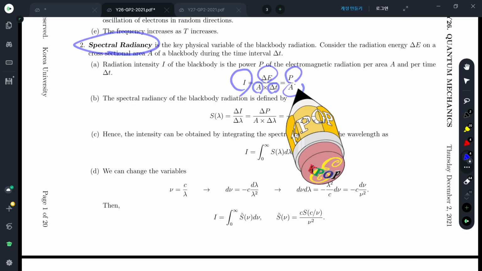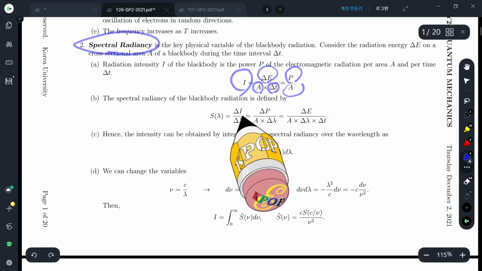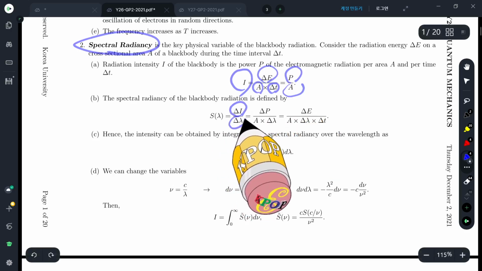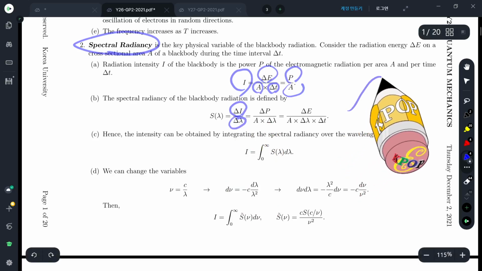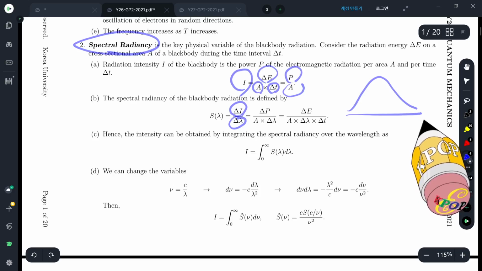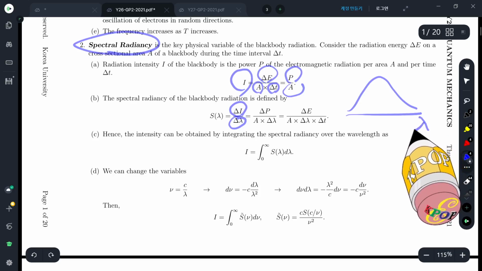Because various wavelengths contribute to the total radiation, we define the spectral radiancy as a probability distribution of this energy density. So intensity per unit wavelength. If we draw a curve with respect to the wavelengths,